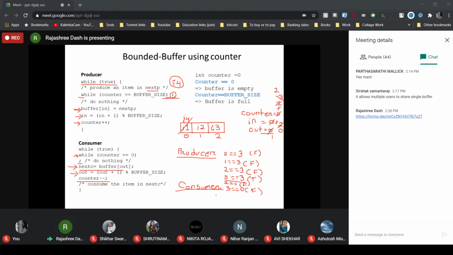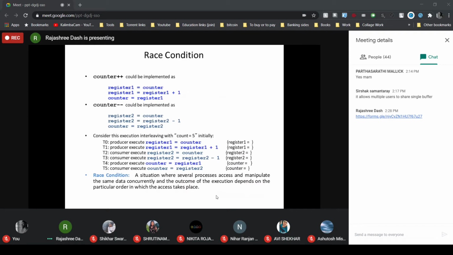But if both the processes execute concurrently, if both the processes update the shared variable at a time, let's check what will happen.